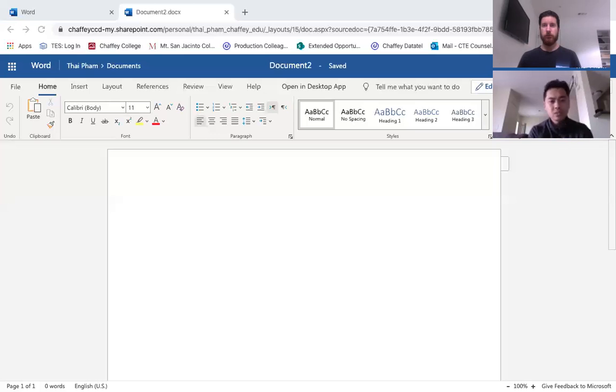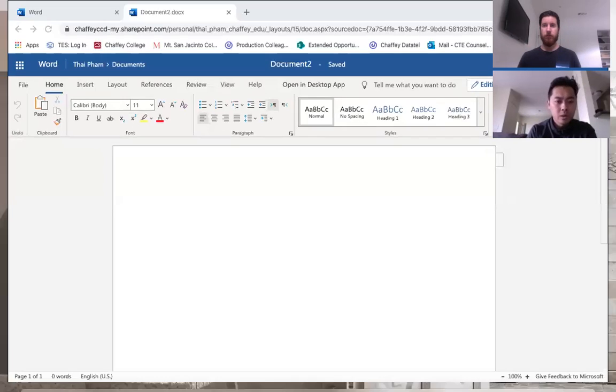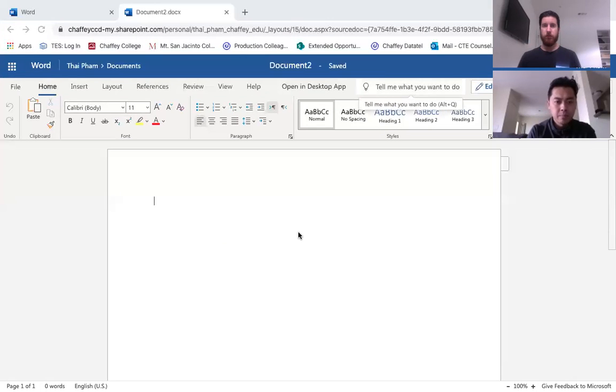So first things first, when you build a resume, you want to build it on a blank Word document, as you see here. There are templates out there that offer resumes that you can plug and play in. I strongly advise against that, simply because as you proceed in your career, a lot of employers will use what's called an applicant tracking system.